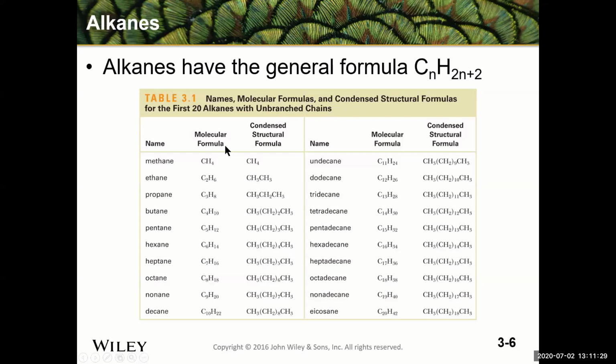Okay, so here again, remember these are straight chain alkanes. Meth means one carbon and ane is an alkane. So for straight chain alkanes, we use the prefix and then the suffix ane. If we go to the example with 17, it's heptadecane. Okay, so that's pretty easy. Octane, 8 carbon atoms, and then we add the ane to denote it's an alkane. So that's straightforward for straight chain hydrocarbons.